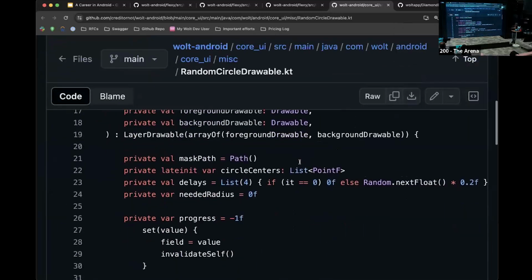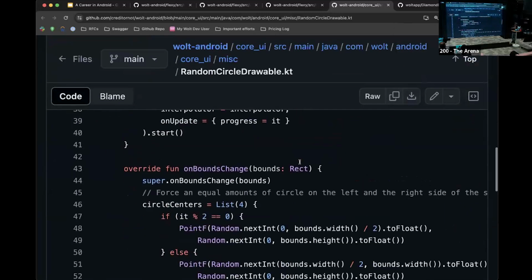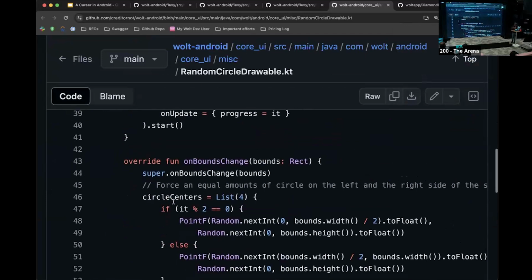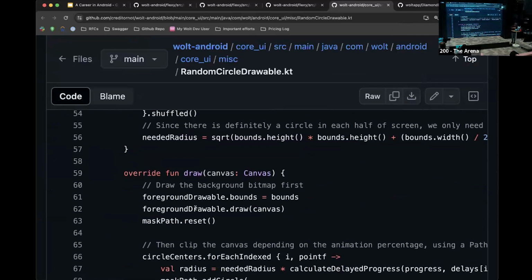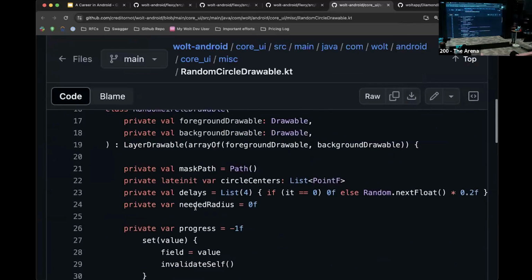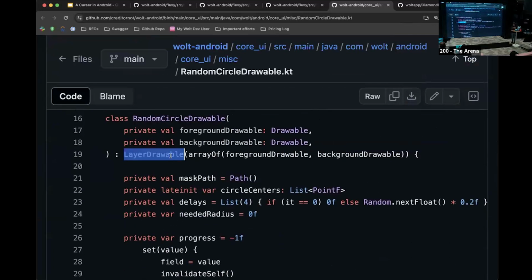So, RandomCircleDrawable. What this code does is basically define four centers for the circles, and for each frame, it draws the circle a little bit bigger. It applies the bitmap on top of that, and it extends LayerDrawable, so it actually is a part of the framework.